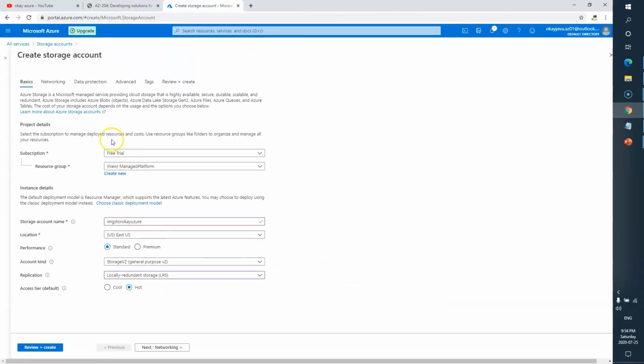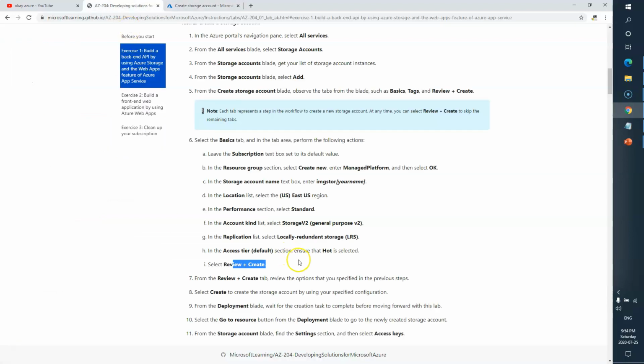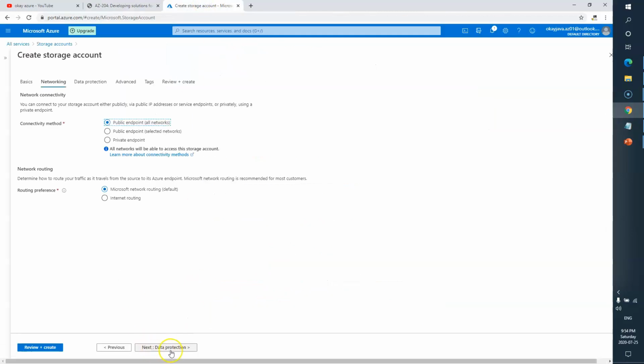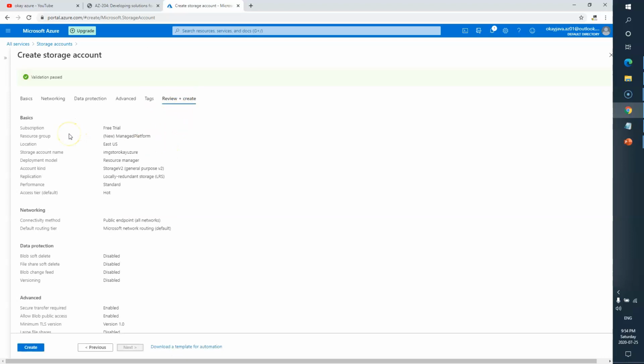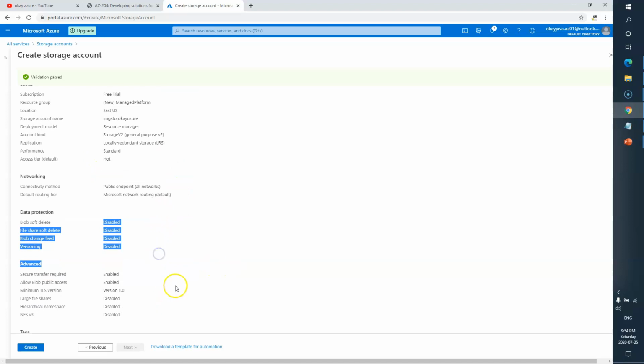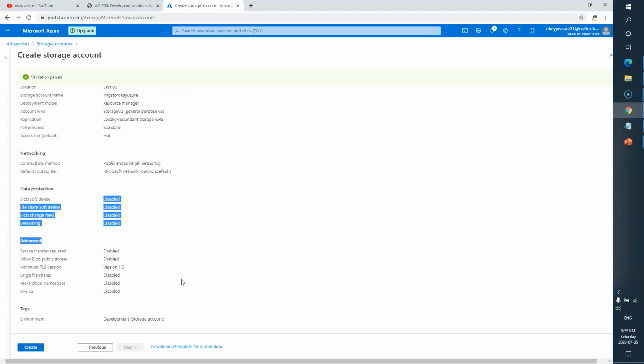Now we entered all the details in the Basics tab. We'll go next to Networking. If you see here, there's nothing mentioned about the next steps, right? So we simply click on Next. Under the Review tab, you will see whatever options you have selected so far. In Basics, these are the things which we have opted. In Networking, this is very important, where you have to review and make sure that you have opted for the right thing for your environment. Now I just need to click on Create.